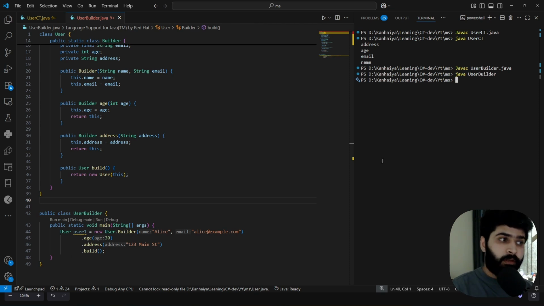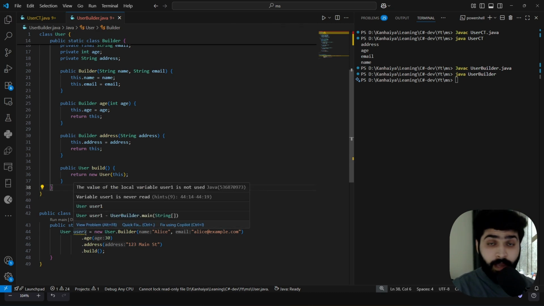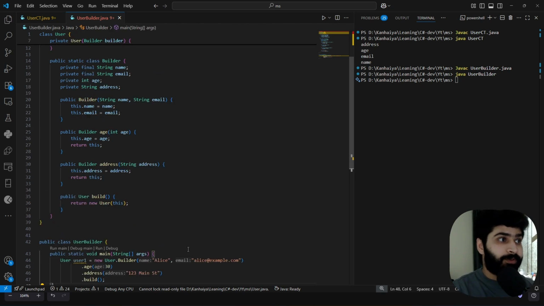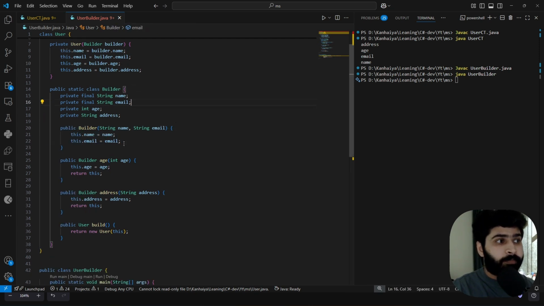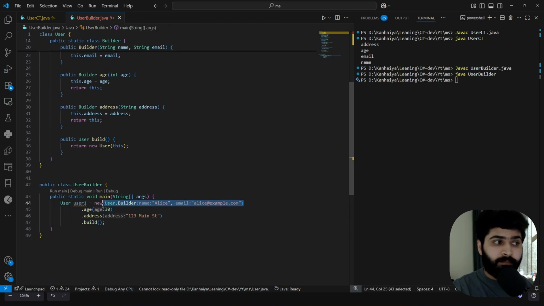Cool. Now I believe you got why there is a constructor and why these two fields are final. Because we have a constructor here, we do not want to change the value, that's why they are final. And these fields, name and email, are mandatory. If you skip them, you cannot build the user.